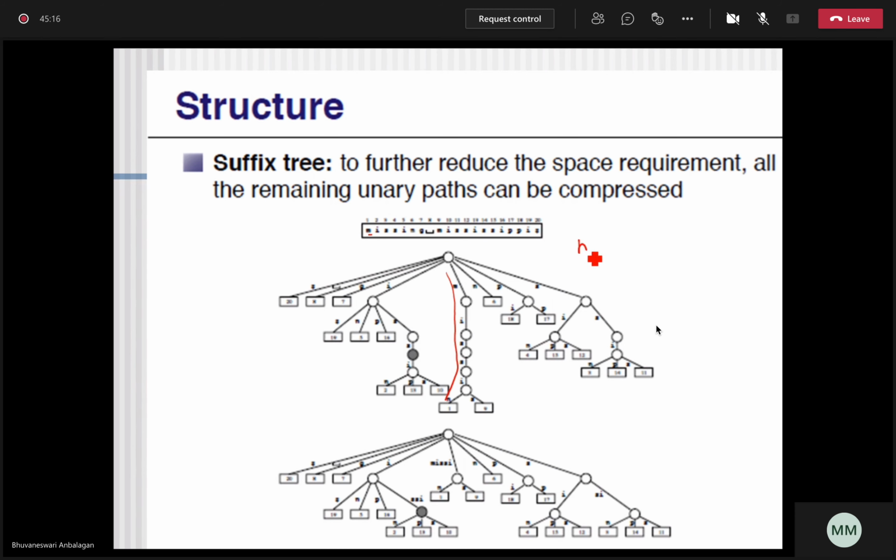For example, if you see over here, MISSING is there. Okay, and then you have this pattern MISSISS. Okay, you have this, right?